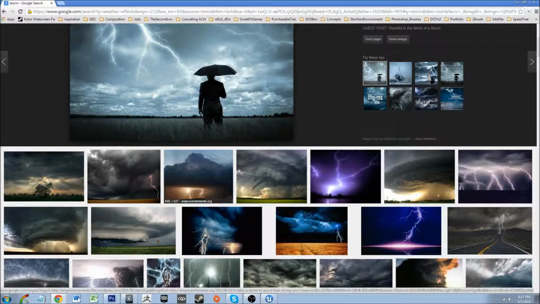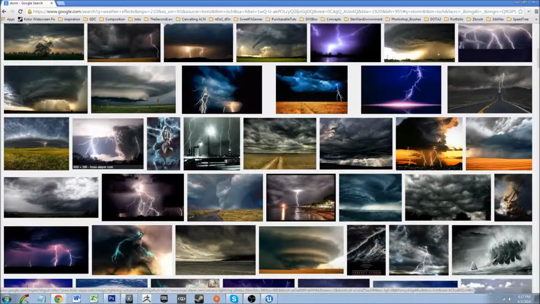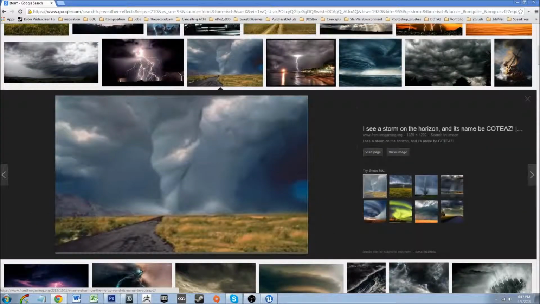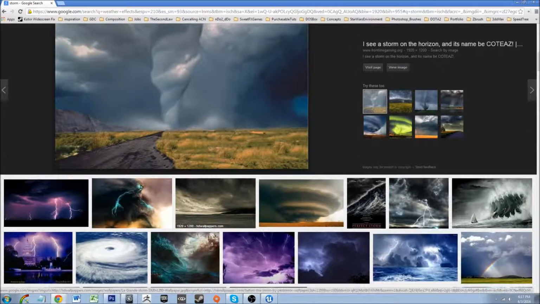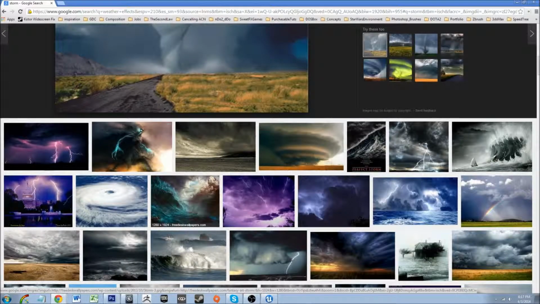So those are the things I've kind of thought up, and this is really just, I would have liked to have an actual camera to do this on film, because you guys aren't seeing a whole lot here other than some random pictures on a Google image search, but nonetheless it helps me illustrate my point, and I'm trying to create some weather effects here for you guys based on what's been most popular on my channel so far.